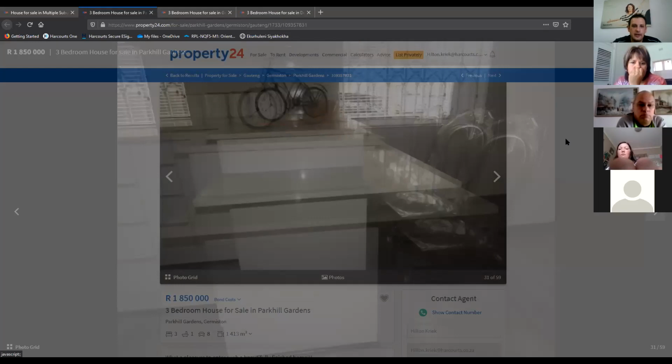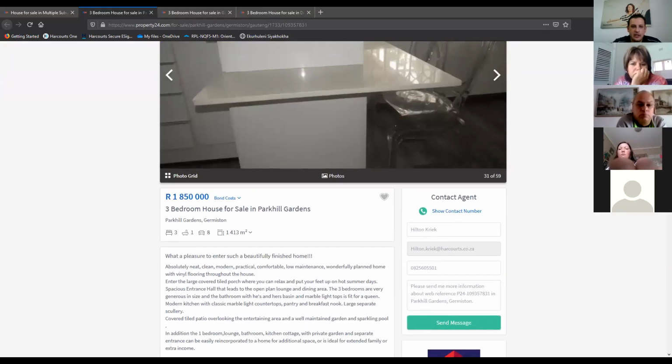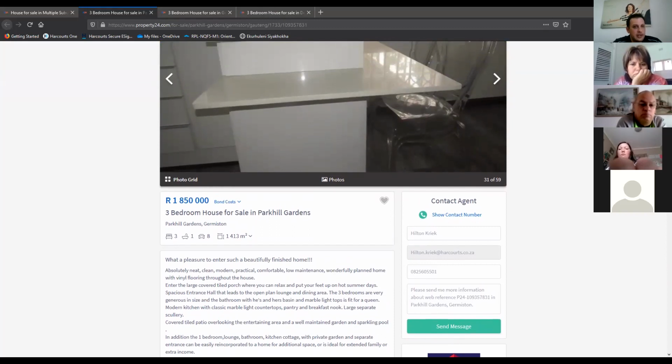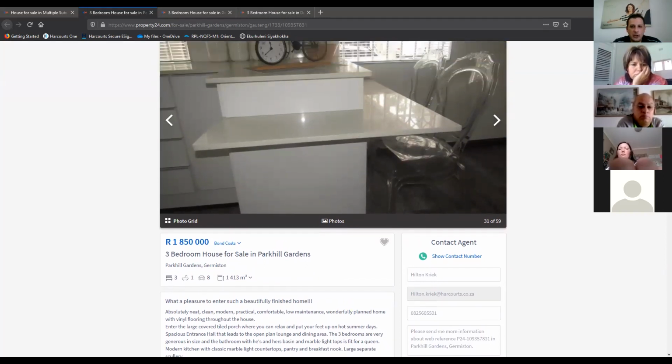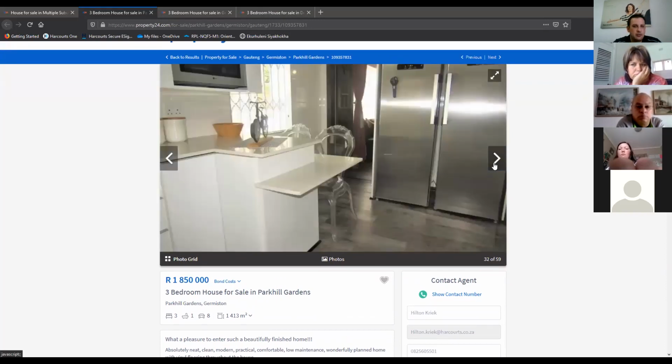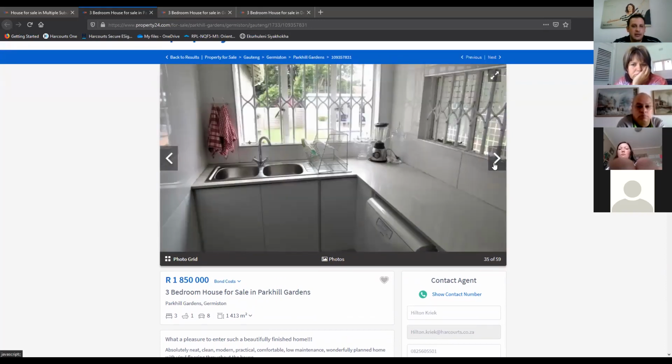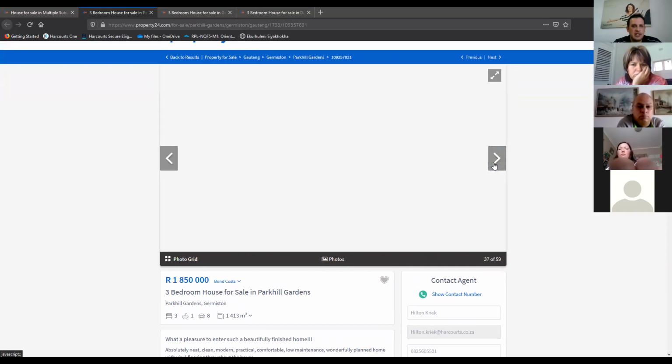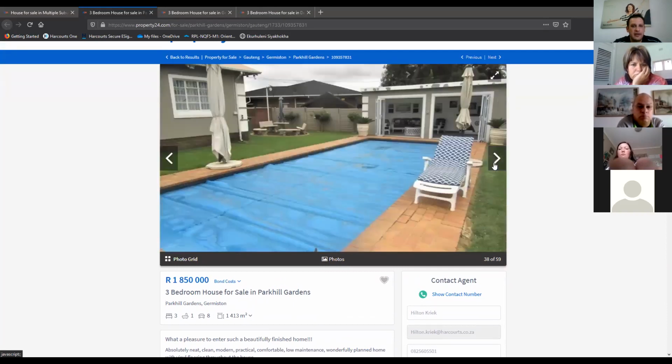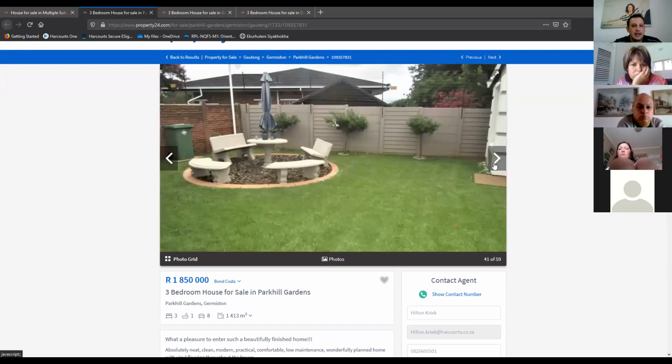So what you could do is say to the seller, look, here's a property in Park Hill Gardens, a couple of streets up from you. It also has 3 bedrooms, 1 bathroom, although it's got parking space for 8 vehicles. The stand size is similar to yours. But let's have a look at their finishes and the condition this property is in. The person that buys this property just moves in and lives. They don't need to renovate or change anything. And they're on at 1,850.